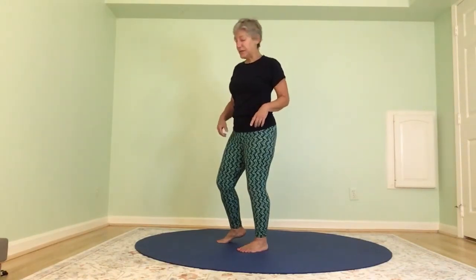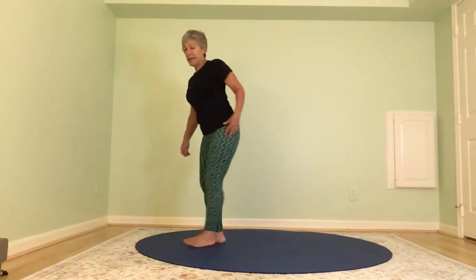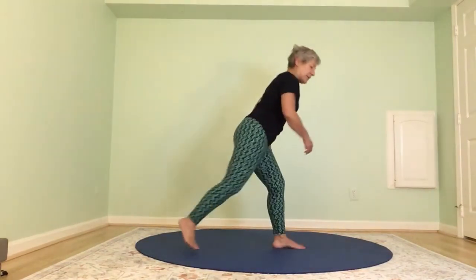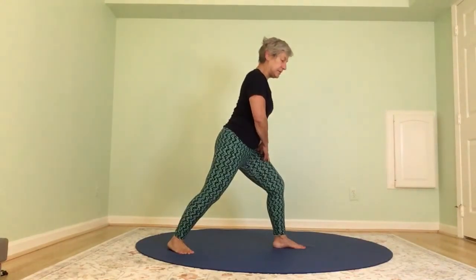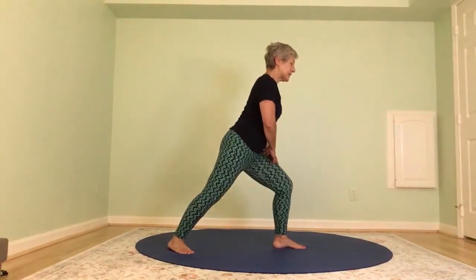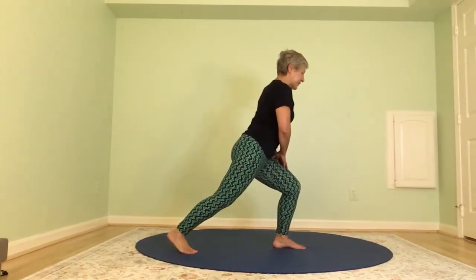We're going to do a little work on the hamstrings and the psoas. So from the top of your mat, take a big step back with your right foot, bring your right heel down, okay? And then we're just going to lean forward. Actually, let's take the right heel up. We're going to lean